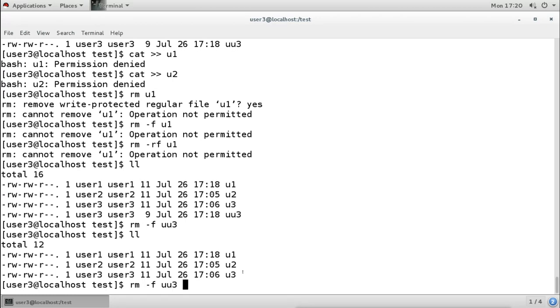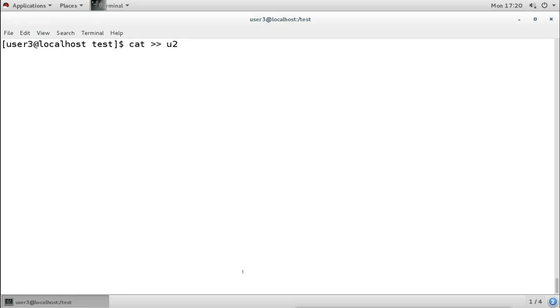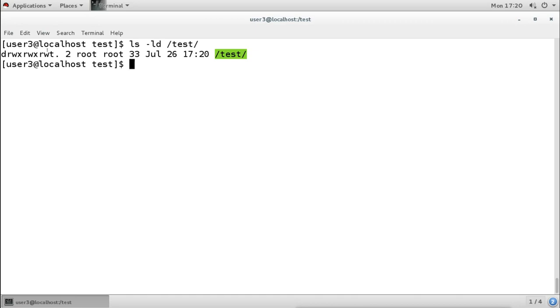So when we enable the sticky bit, we can see it shows this T in the other users' permission. So what command do we use to enable the sticky bit? We use the numerical way. Numerical way means we add the number 1 in the permission, where we add 0 by default.